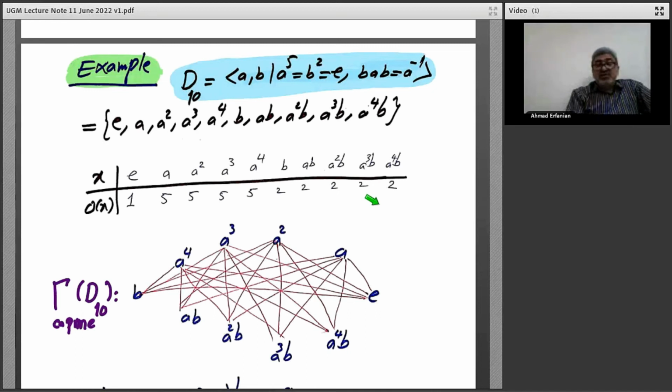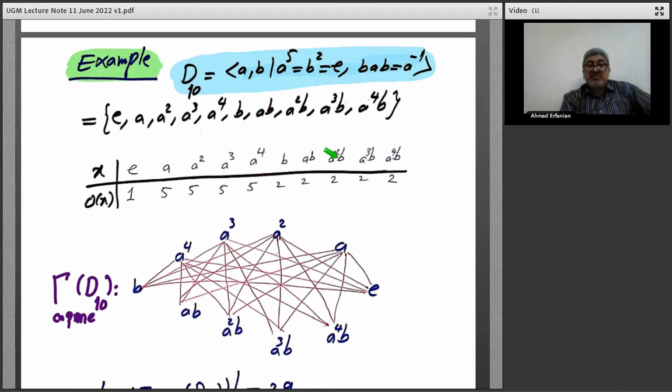Look at the order of elements. Identity has order 1. So A square, A cube, A to the 4, they have order 5. B, AB, A square B, A cube B, and A to the 4B, they have order 2. So you know that identity is adjacent to all elements of